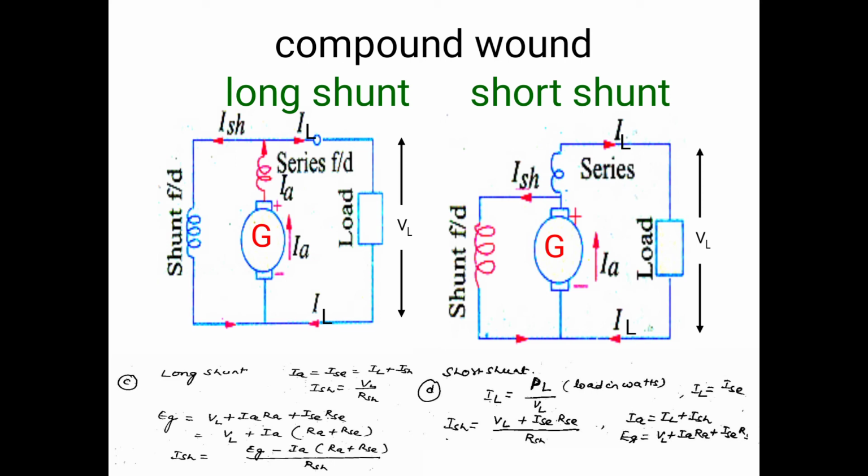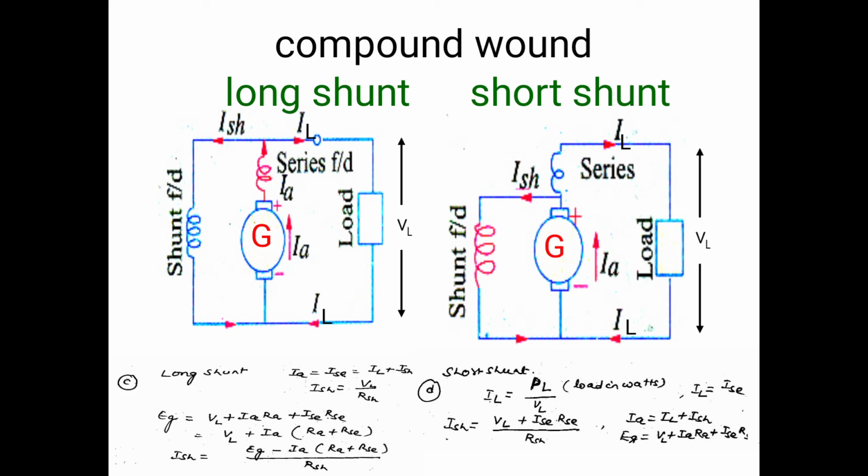Next one, the voltage equation. Here there are three branches connected in parallel. The first branch voltage equals the third branch voltage, so we can write the first branch voltage ISH into RSH equals the third branch voltage VL. By using this relation, the shunt field winding current ISH equals VL by RSH. Next, the second branch voltage equals the third branch voltage. The second branch has the armature winding and series field winding, so the second branch voltage is EG minus IA into RA minus BCD